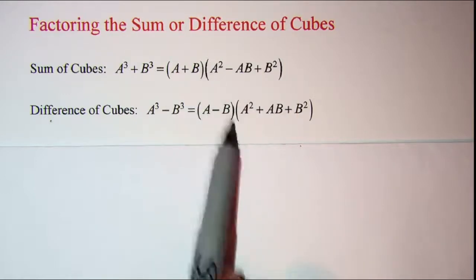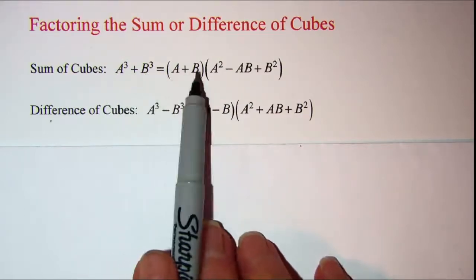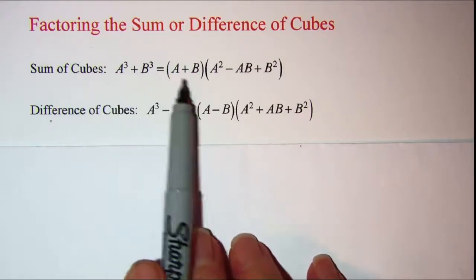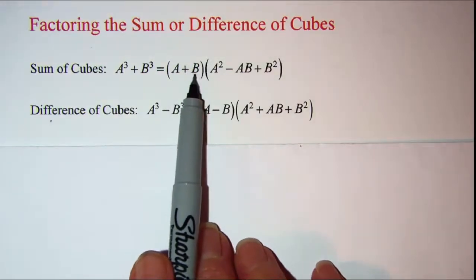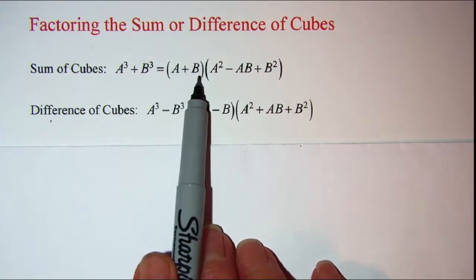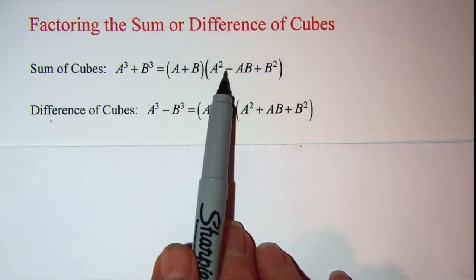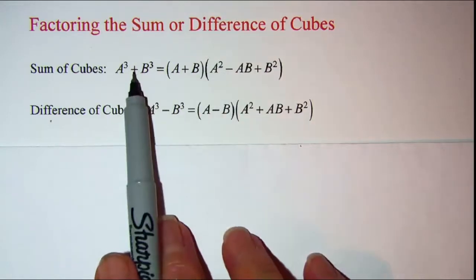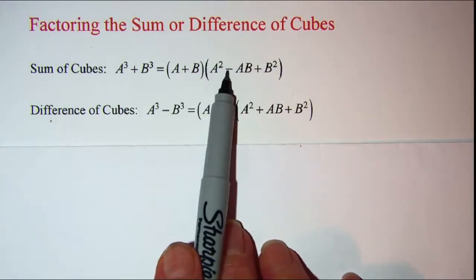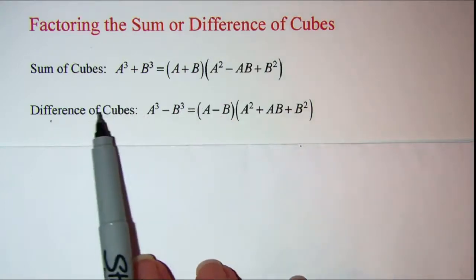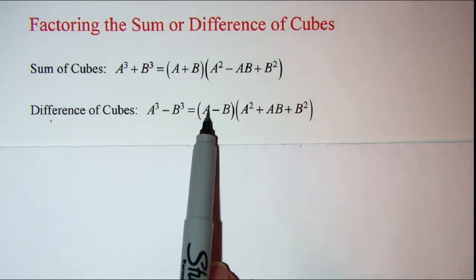both cases. In the binomial, you'll have the cube root of the first term plus the cube root of the second term. So whatever sign is here, that's the operation that's also here in the binomial. And then after you've decided on the binomial, then take the first term of the binomial and square it. And then you'll always have one minus sign. If it's the sum of cubes, then your minus sign is here in the trinomial, the first operation. If it's the difference of cubes, notice the subtraction here, then your one minus sign will be in the binomial